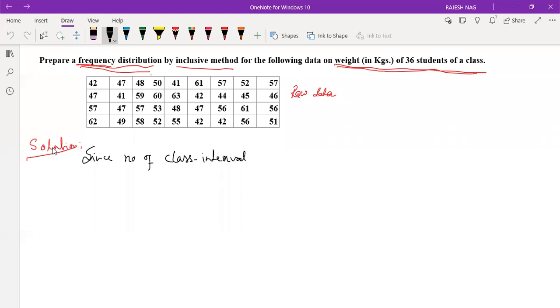Okay. Since the number of class intervals is not given, what is the meaning of number of class intervals? How many classes will be there? The other day we already described how to form a table, or to represent the raw data in tabular format. We first record basically two columns. One is called class, and another is called frequency, right? For the class we have to know the number of classes there will be. So that's the basic task. But since the number of class intervals is not given,